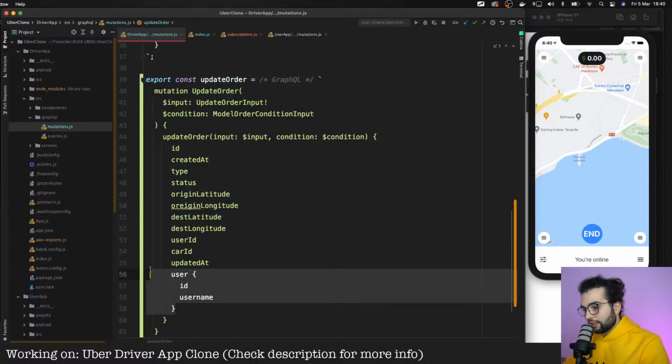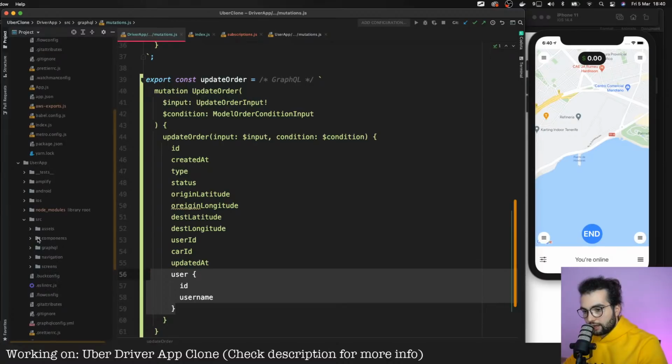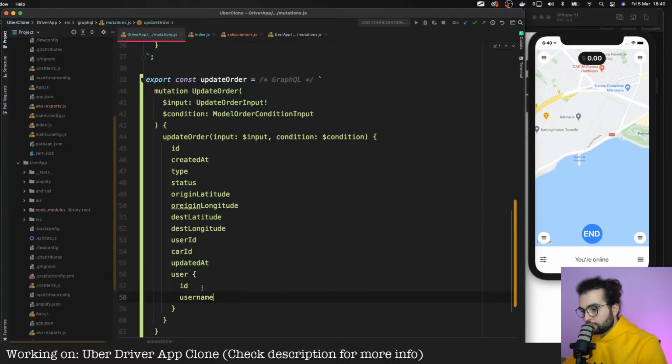And if you add this, make sure you also update the mutation in the user app so that both the mutation and the subscription will have the same data. I think I put a lot of emphasis on this so you will know.